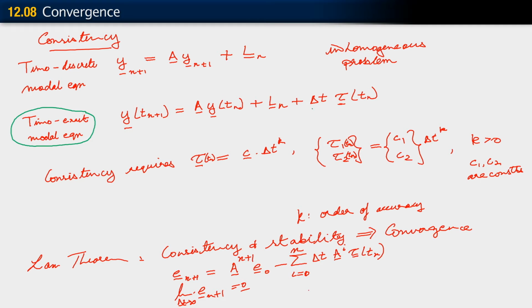Instead, we're left with this extra term here, right? And it's on the basis of this term that we talk about consistency and accuracy of the method. So properly, this equation should be labeled just what I called it, which is the time exact solution substituted into the modal equation. Okay, so let me call it that, time